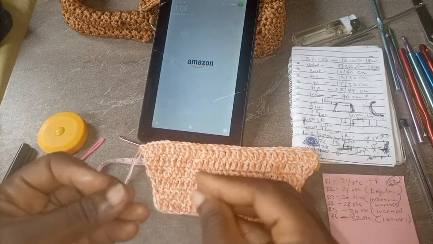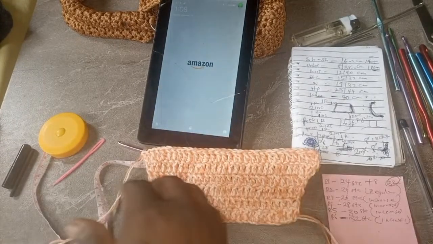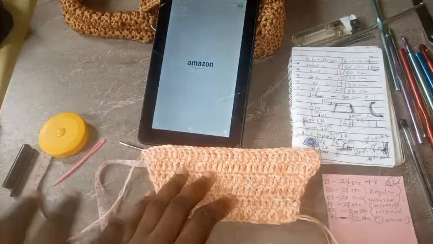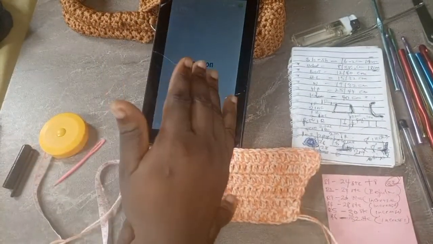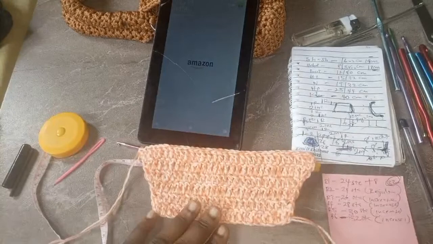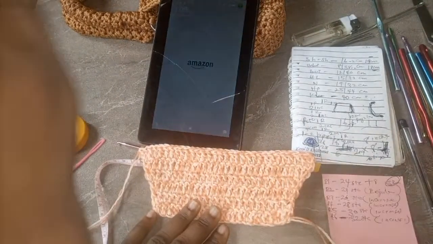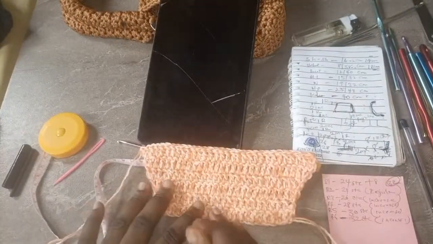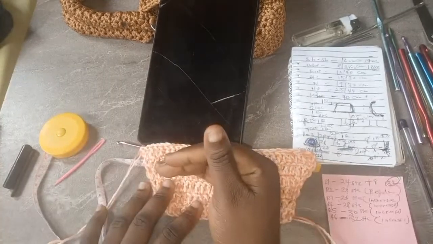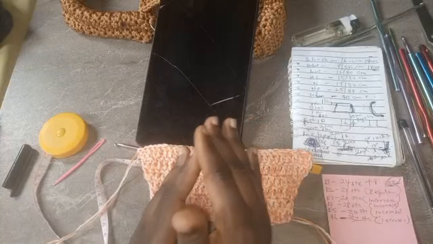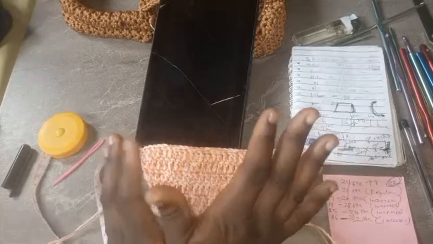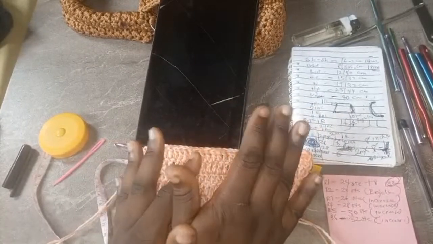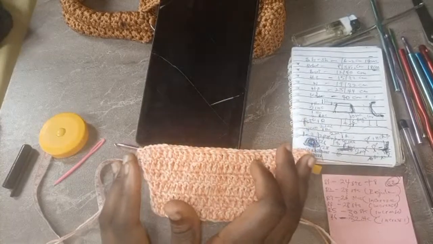Do you understand? Then you divide that by the rows. Once you know the number of rows, just add 2 to it. The remaining rows that do not have an increase, do you understand? You just start placing it in between the creases. It doesn't have to be 2 increases or 1, but just make sure that the total number of increases tallies with whatever you've gotten as your calculation.